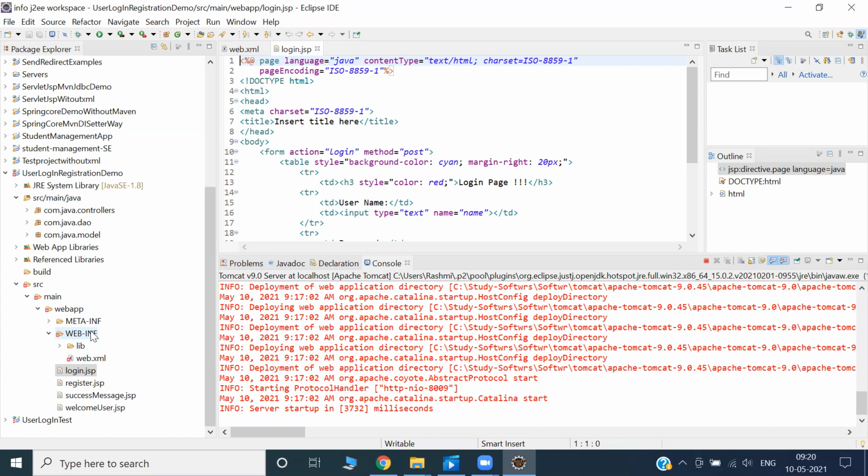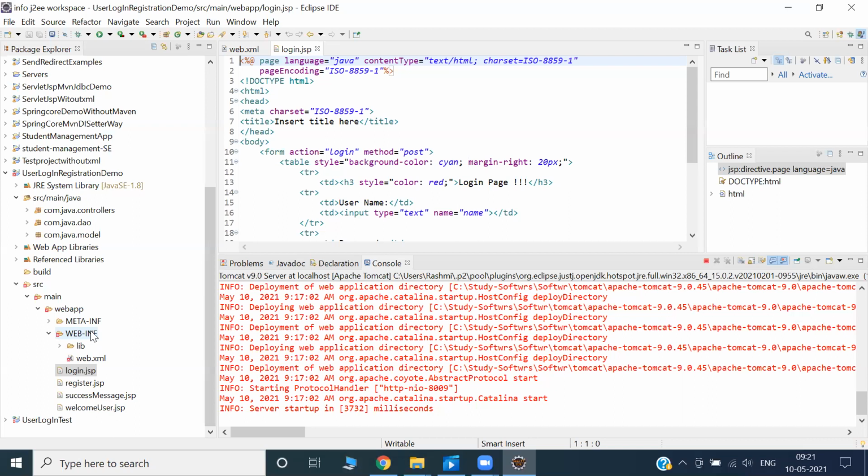Depending upon the requirement, depending upon what thought process you have, what purpose you have to achieve, what idea in your mind you want to achieve, so that you can write the code. What logic you want to implement. So depending upon that, the JSP will take its different form.